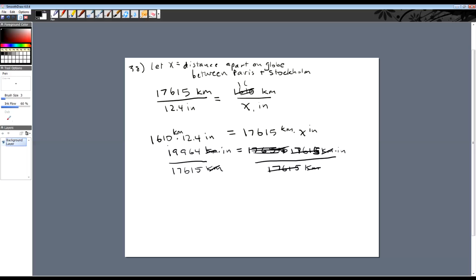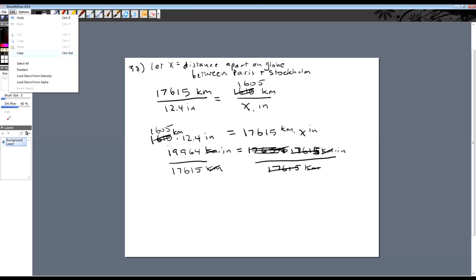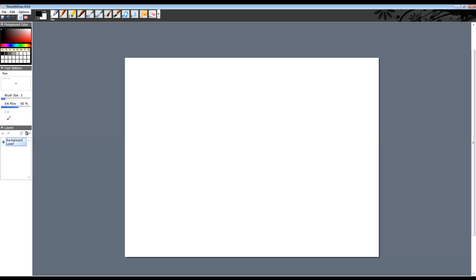So I'm sorry about that. 1605. And it's not 12.4 inches, it's 21.5 inches. Oh, I'm looking at problem number 37. I'm sorry. Let me just rewrite this. So what we have here in problem 38, not 37,